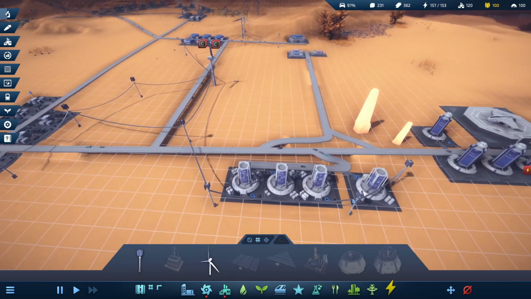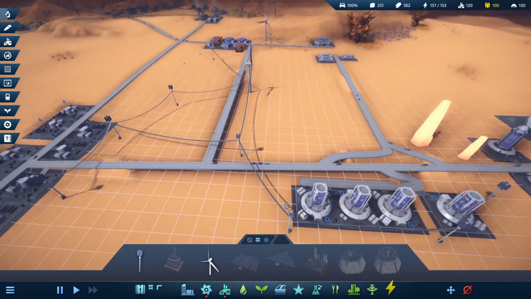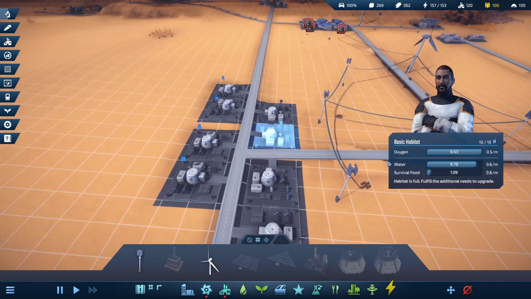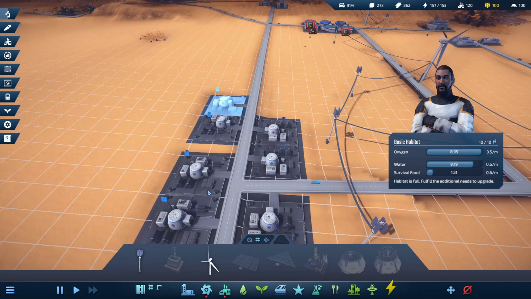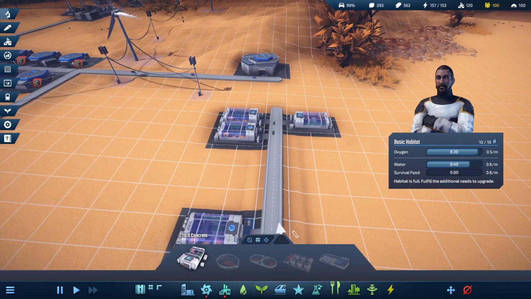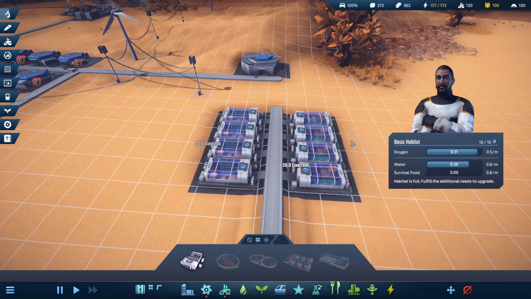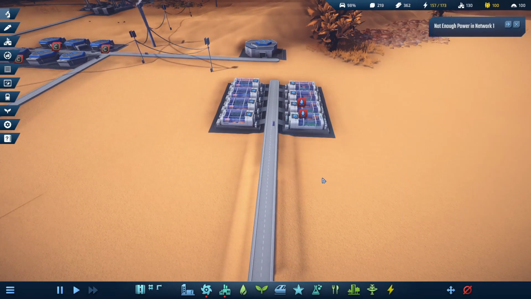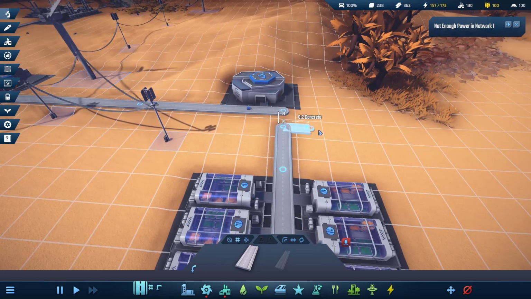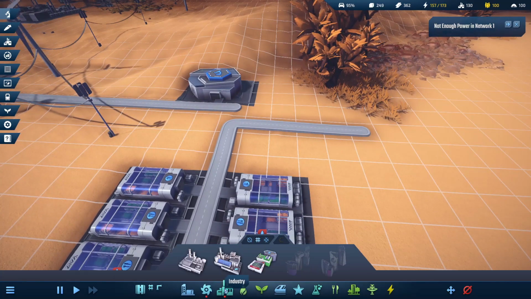Okay, that's all the oxygen done. All the carbon's going around and about. All the food's being delivered. The homes are being upgraded. Slowly but surely. We do actually need some more of these. I think we'll do 8 for now. They do need water, so what I should probably do is just extend this here and then add...